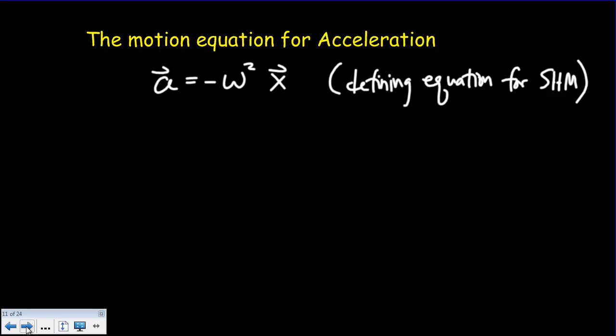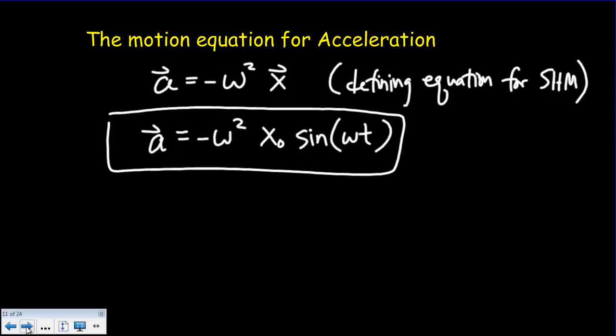Accelerations are a little bit easier because we can say right away that acceleration, by the defining equation for simple harmonic motion, has to be this. And we just worked out what the displacement vector was. So we already know that a has to equal negative omega squared x naught sine omega t. So we've got our equation right there, already done. And whatever goes in front here,